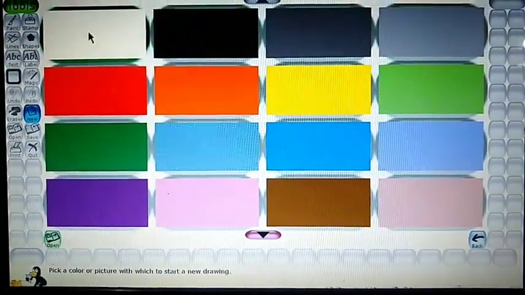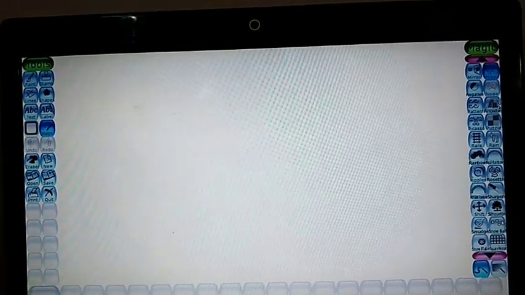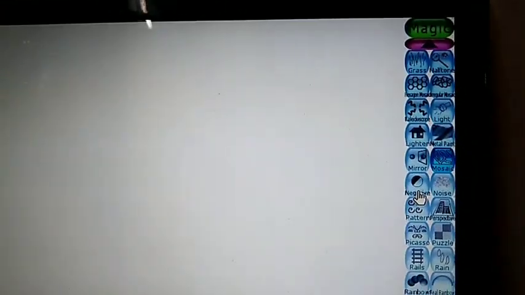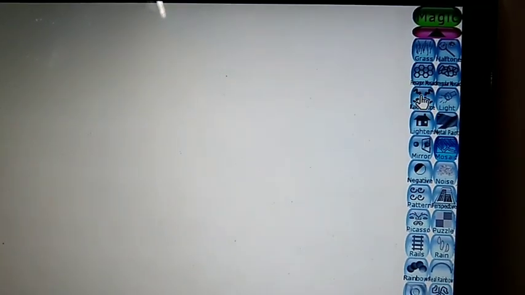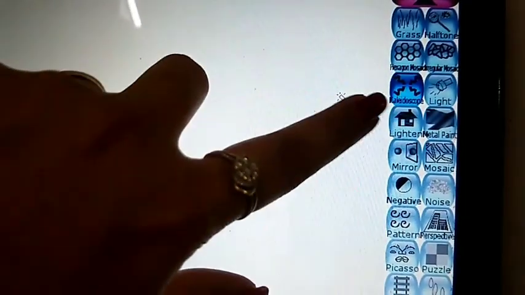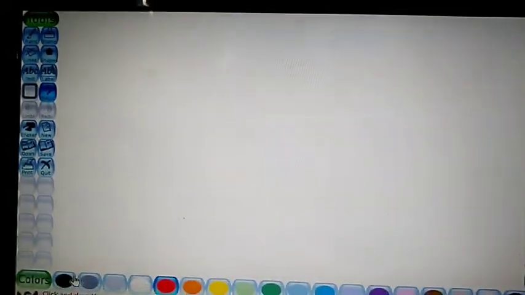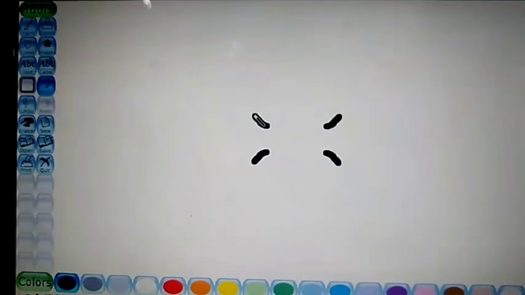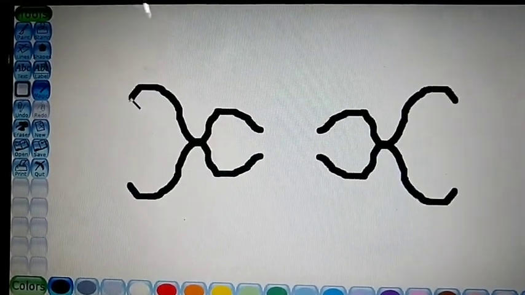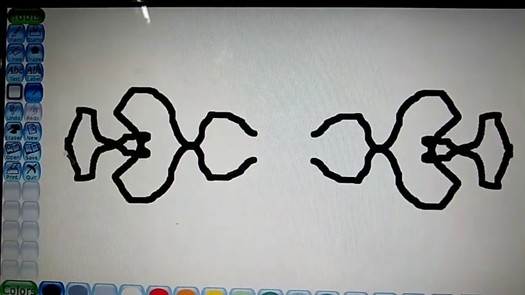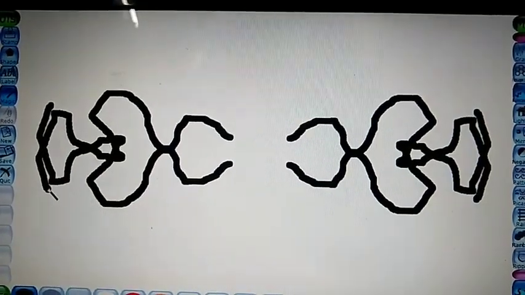Now the next tool I am going to explain to you is the kaleidoscope tool. Now see what is the work of this kaleidoscope tool. This tool is also given in the magic tool. You will click on magic and then you will come to this side. On this side you will see one kaleidoscope tool. This one is your kaleidoscope tool. Choose it from here and now see whatever you draw with the kaleidoscope tool. See, I am drawing from one point, but it is drawing from both the points. See, this is your kaleidoscope effect.